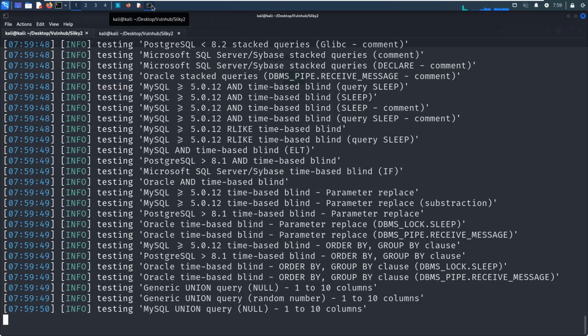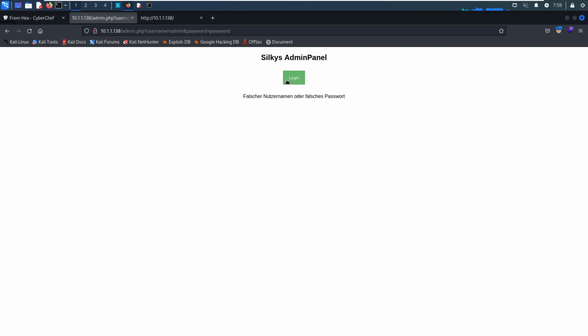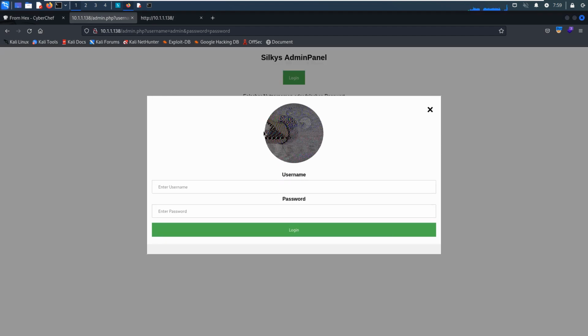It looks like this is not vulnerable at all. All right, it's fine. Of course, we can also try to use Hydra to crack the password, and I will not do this in this video, okay? So I think this should be the first difficult part for this machine. If you can notice,